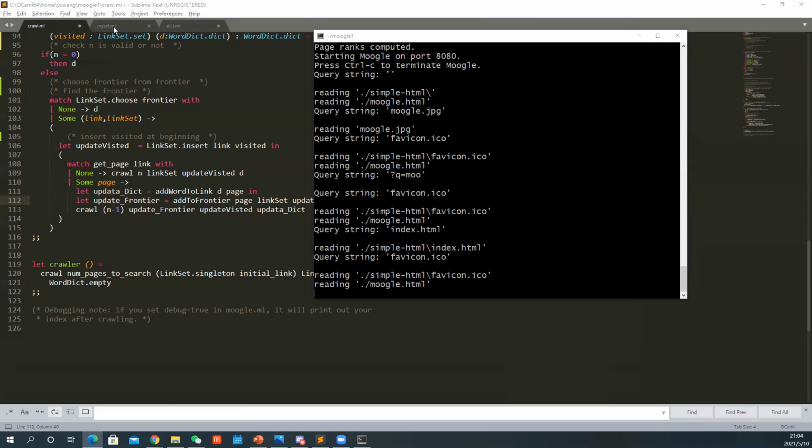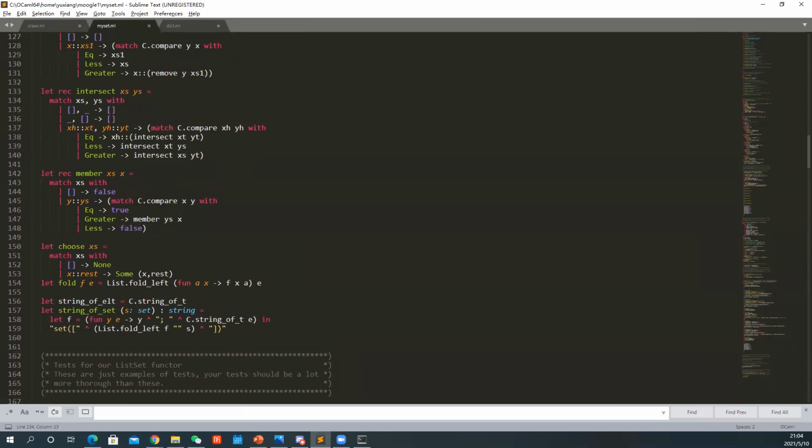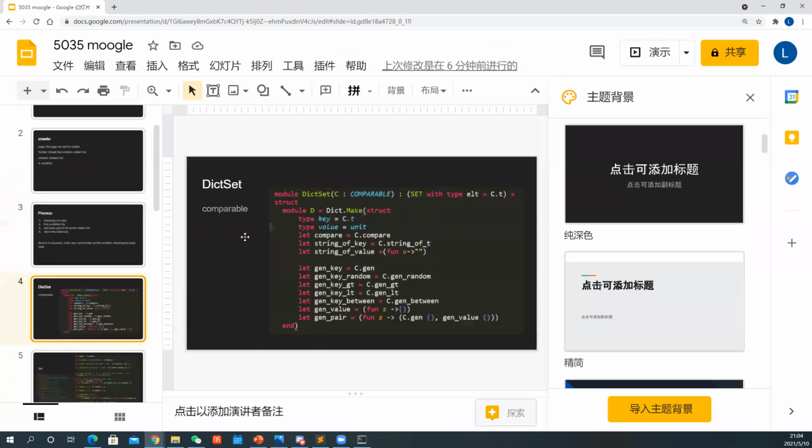Then the next part is for the set part. So the set part is for our part B, which is the dict set. Basically, we created our own signature